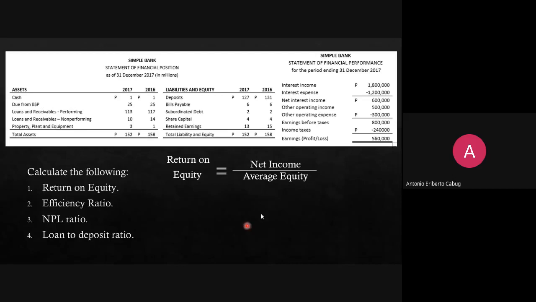Okay, again, divide the net income by the average equity. Net income is 560,000. The average equity is, of course, the sum of share capital and retained earnings. In 2017, that's a total of 17M. In 2016, a total of 19M, for an average of 18 million. The return on equity is very good, Ms. Shi,